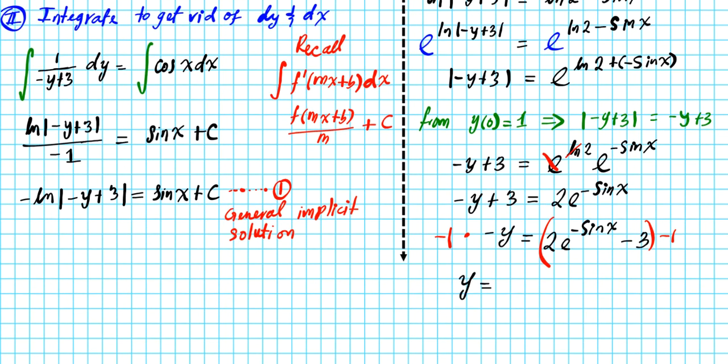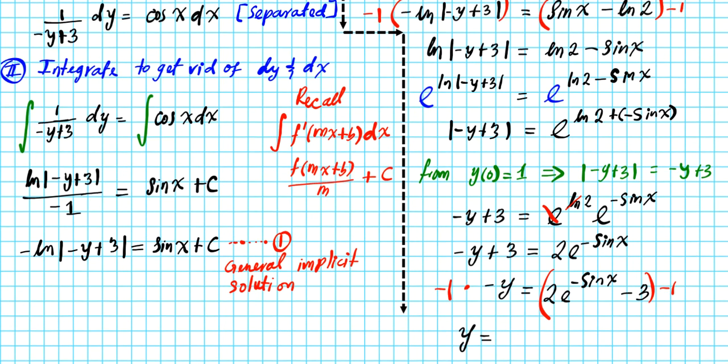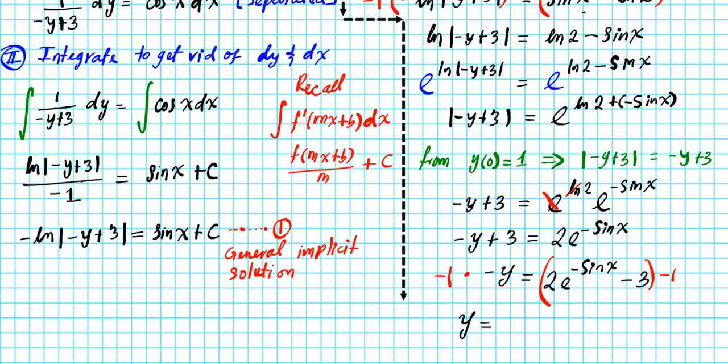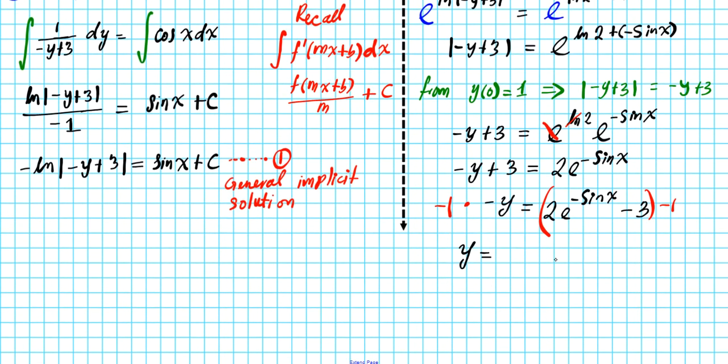Y equals, so we can reverse the order since we're multiplying by -1, the same procedure that we implemented earlier. That will yield positive 3 minus 2 e to the negative